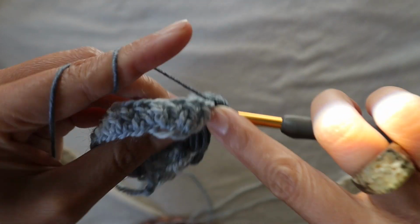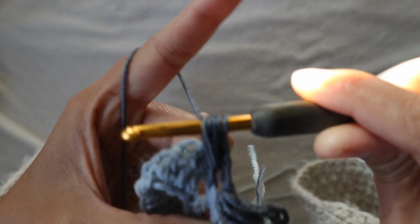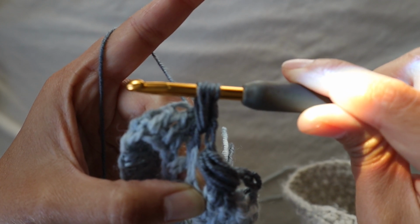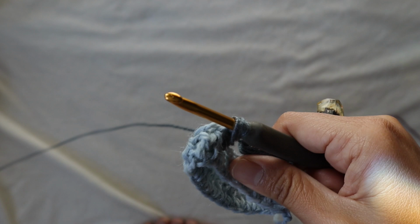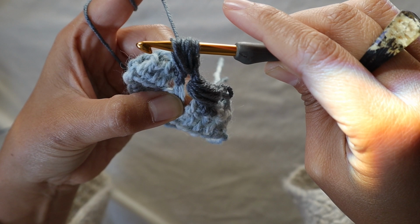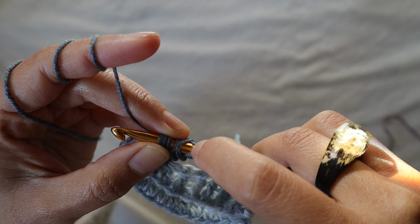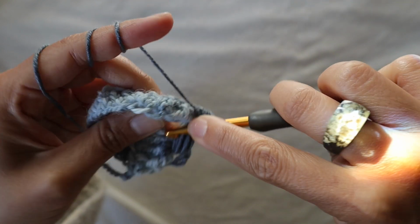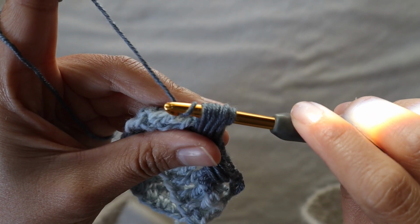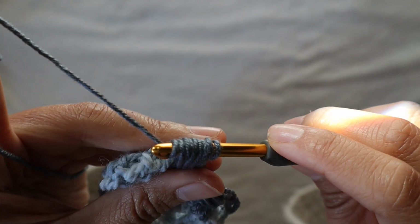1, 2, and make sure that you pull the yarn enough to cover all of your 3 half double crochet. See? 4. I think I already have 4. 1, 2, 3. No, one more time. 4. All right. And now take the yarn. Again, you want it to separate the first one so that when you pull,